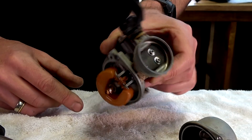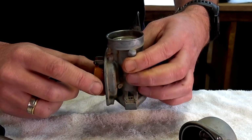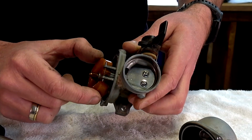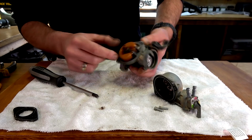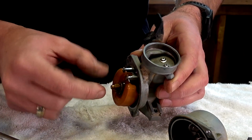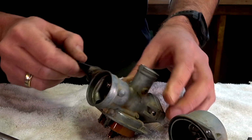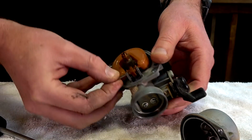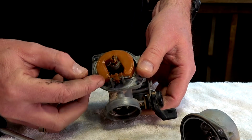There's our little float. So I've got to work out how to take it out without breaking it. And I'll presume that all these things that will nut out are going to be replaced. Oh, well, that was pretty easy. Really? That just...